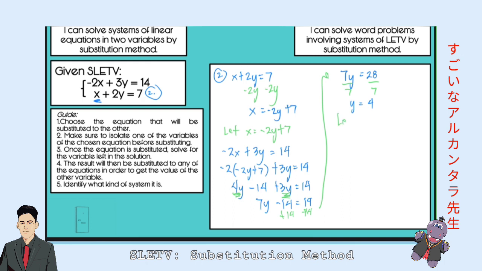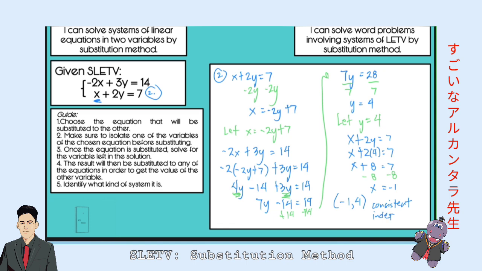So let y equal to 4. And I will choose the second equation, x plus 2y equal to 7, because I find that as the easiest equation to use. So I'll have x plus 2 times 4 equal to 7, x plus 8 equal to 7. Subtract 8 to both sides to isolate the x variable, and you will have x is equal to negative 1. Therefore, you will have an ordered pair at negative 1, 4, meaning this is consistent,